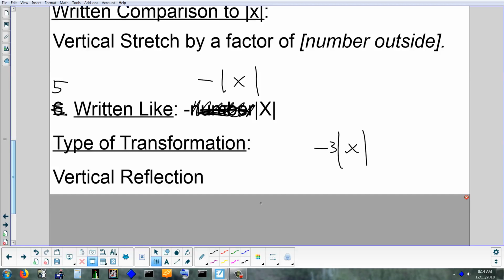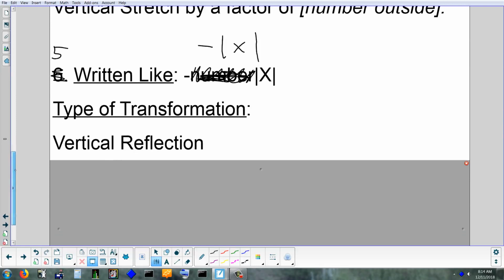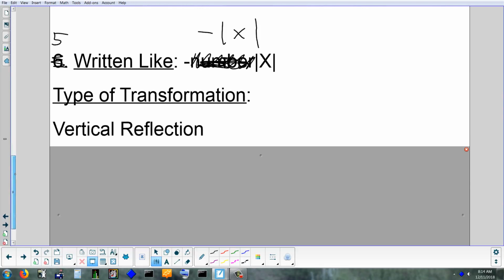And if you're thinking, huh, how's it 2? 1, 2. 2 separate things. A lot of people see the negative and they see the 3 and they're like, oh, it's just one thing. Nope. That's 2 things at the same time. So Mr. Hager, you might have to tweak my description, my comparison a little bit. I did it as if it was two